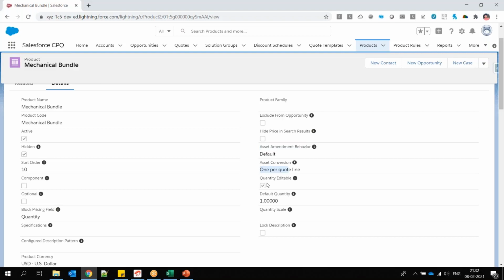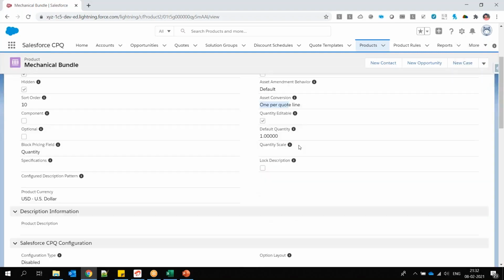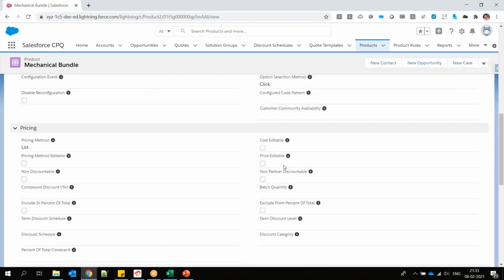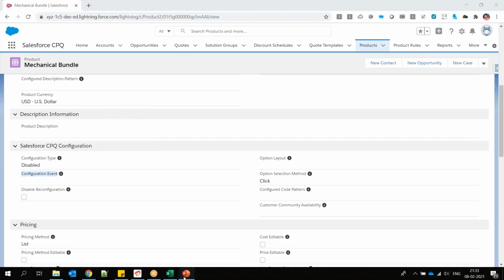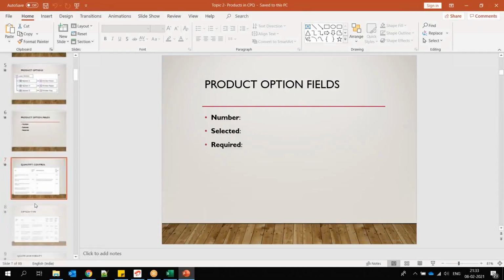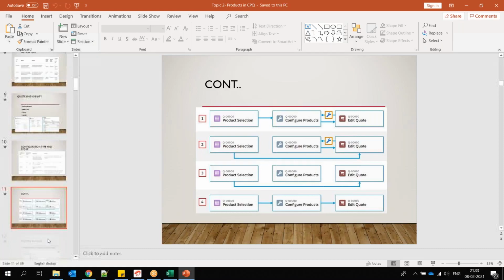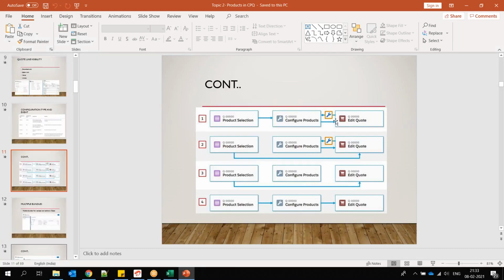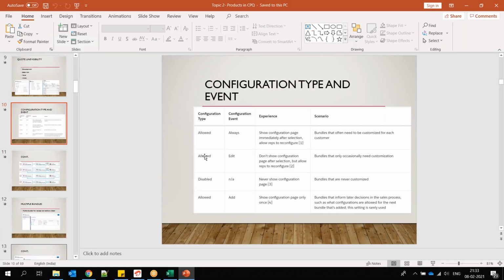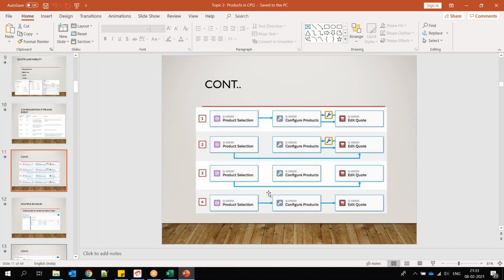So we discussed the asset thing last lecture, and then quantity scale, log description. Then we discussed configuration type and configuration event. I will be coming back to that slide, configuration type and event. We discussed a couple of scenarios, and 3 screens, and how those screens change based on your configuration type and event, right? So that is the first: allowed edit, allowed add, disabled NA, allowed add. All these combinations we discussed. This is what I remember from the last lecture, and we'll continue